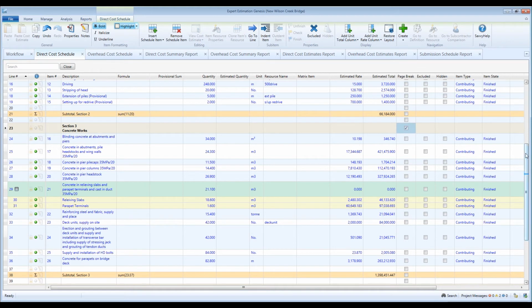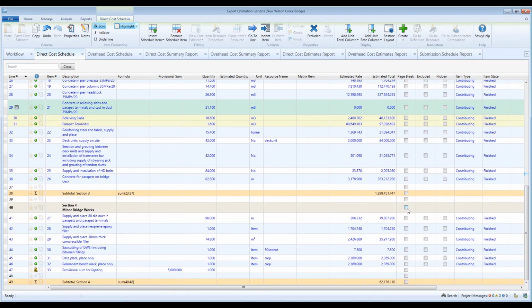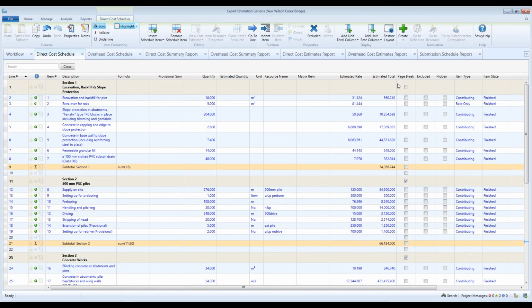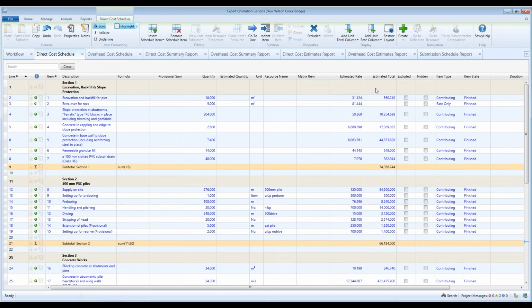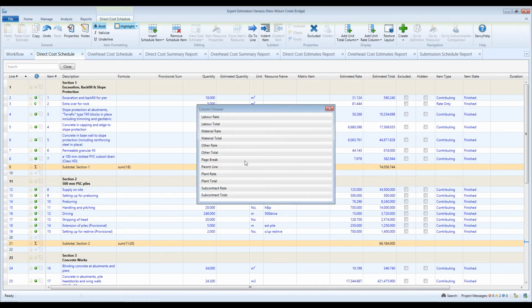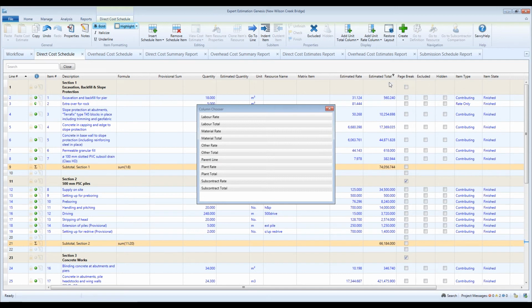When you want a particular line to start on a new page in your report, simply tick the box in the page break column for the line you want at the top of the new page, and then enable page breaks in your report. If you want to remove the page break column in the grid, simply click and drag the column header down. The column will disappear, but the page break function will stay on the lines you have selected until you remove or change them in the Properties pop-up window or from a page break column.